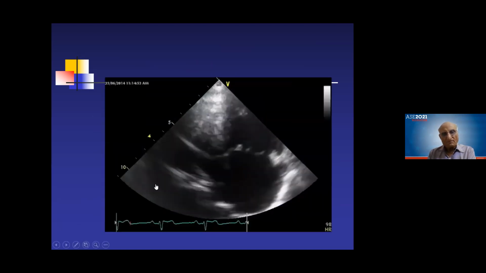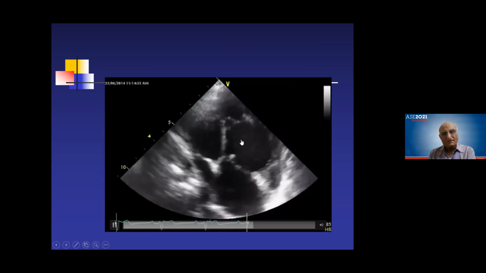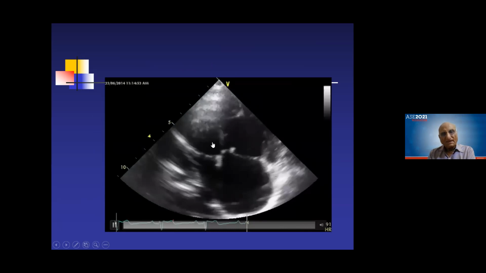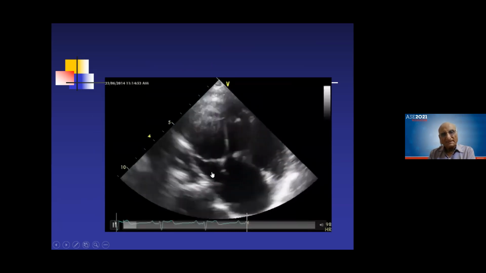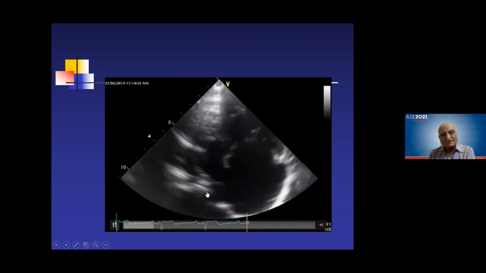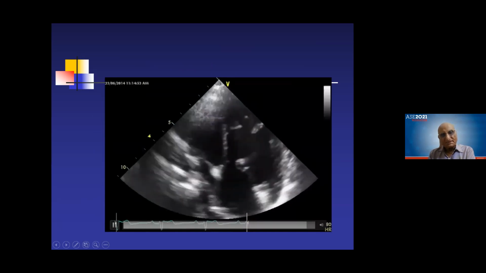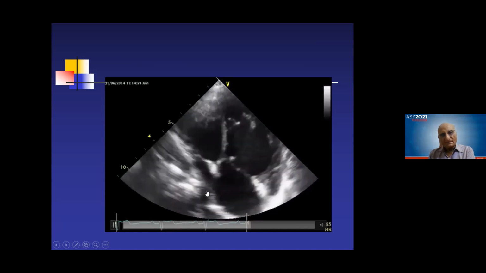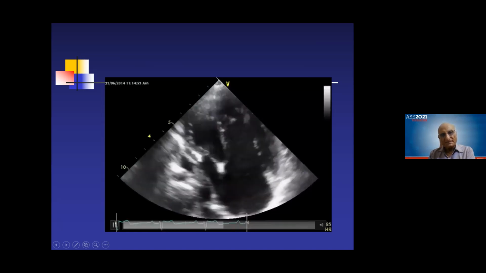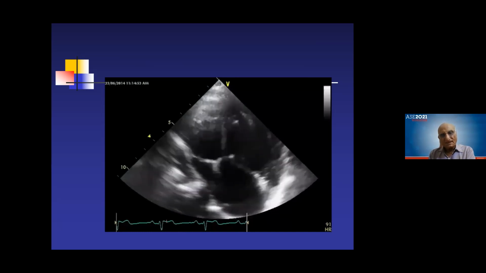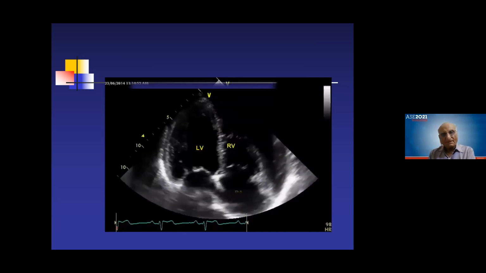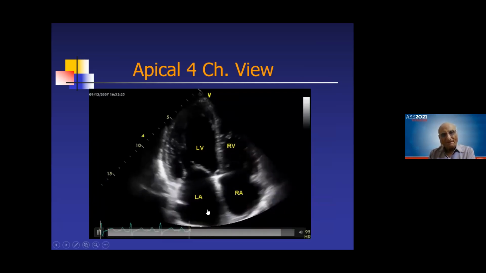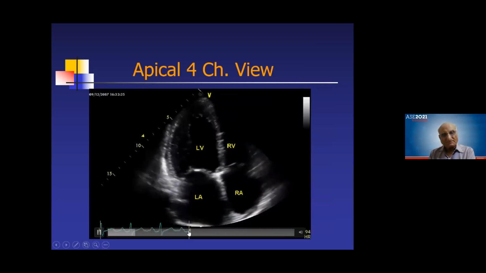Now I'll show you this. RV is enlarged, RA is enlarged, LV is there, small LA, ASD. Now see this thing. There is a chamber behind the left atrium where my arrow is. There is a chamber behind the left atrium, which is a venous confluence. Again, I will come back to this. Now see this image. There is nothing behind the left atrium. Left atrium, normal size, there is no venous chamber, nothing.